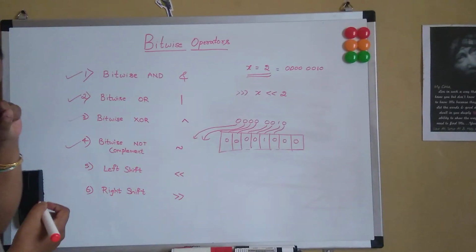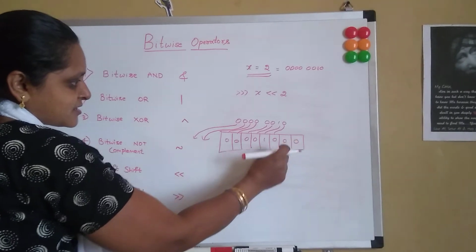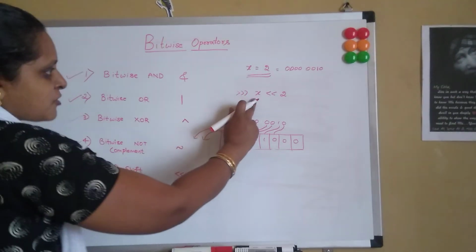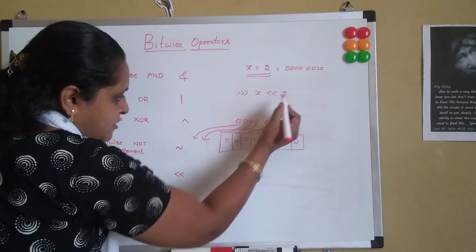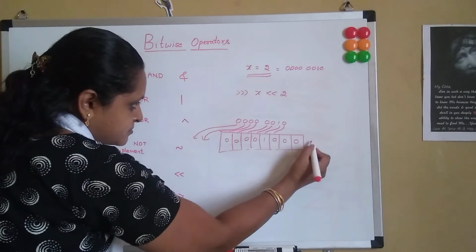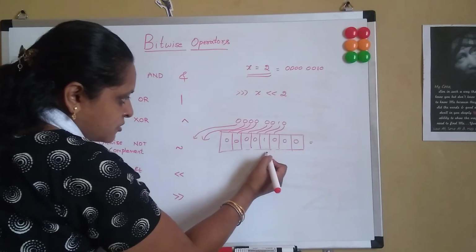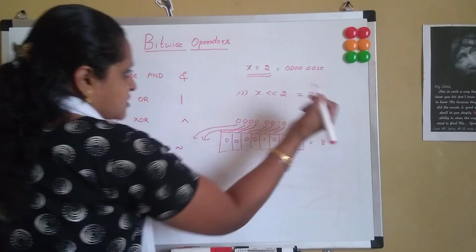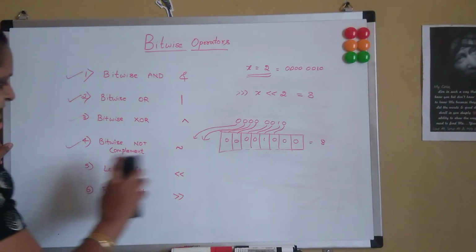So it has to be occupied by, we have to append it by zeros. Since we are removing 2 bits, there is a shortage of 2 bits and zeros should be appended in those places. So left shift of x, which is having 2, by 2 bits, is equal to, this is 2 power 0, 2 power 1, 2 power 2, 2 power 3, which is equal to 8. So this value is equal to 8. So this is how left shift works in Python.